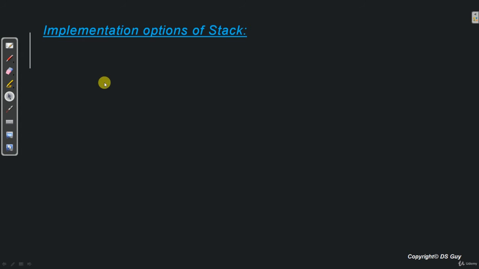Now before we learn the operations of stack, we need to understand one thing, that a stack can be implemented in two ways, that is using an array or using a linked list. Now depending on the implementation, there can be very small variations in the operations that can be performed. But again, the core logic will be same, but there will be little difference in implementation. Now let's quickly see what are the pros and cons of implementing a stack using an array and a linked list, and then we'll dive into understanding the operations of the stack.